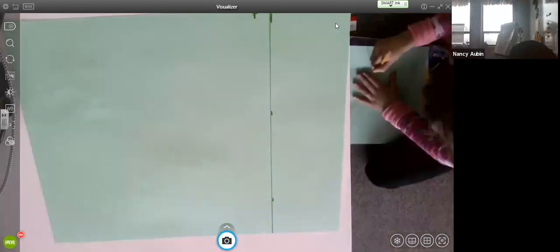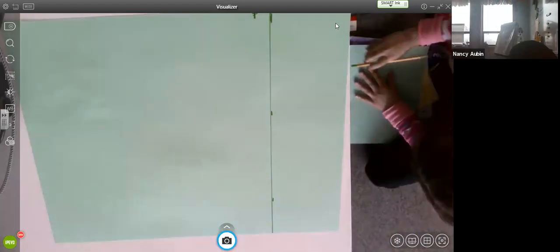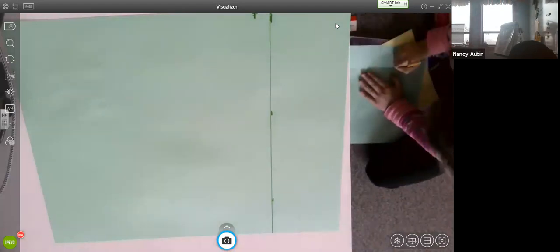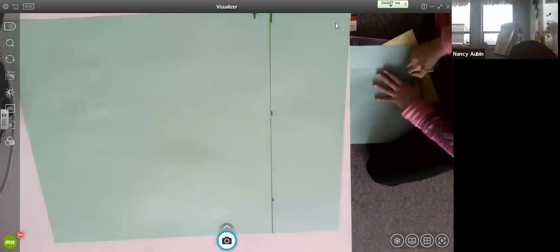We have to do this with both of our papers. Don't cut until you know. So they're not going to cut this